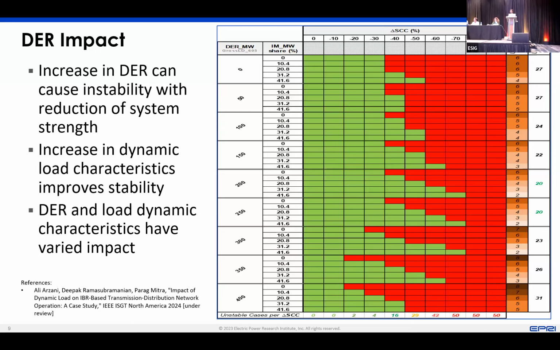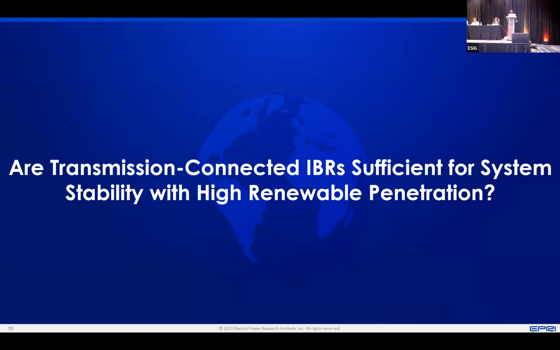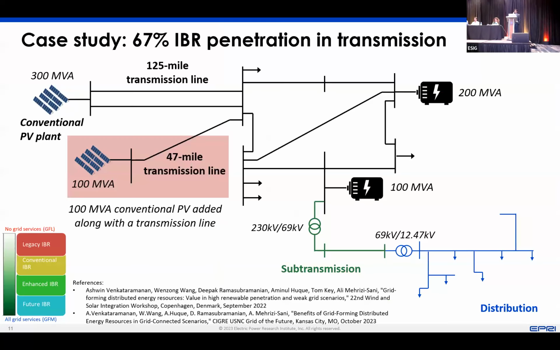But then how do we go about evaluating what is the kind of resource that you need on the distribution network? What is the kind of comparison between having something on the transmission network versus having something on the distribution network? So we start looking at, okay, if you have only a transmission connected resource, if you have, let's say, again, a similar kind of system structure, you have these conventional power plants that are there, and then you have a distribution feeder that is represented.